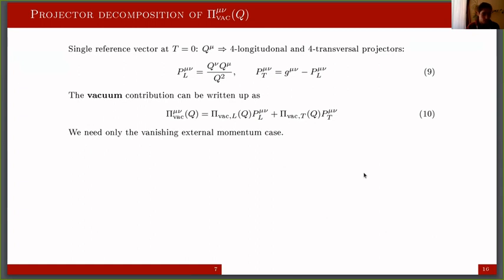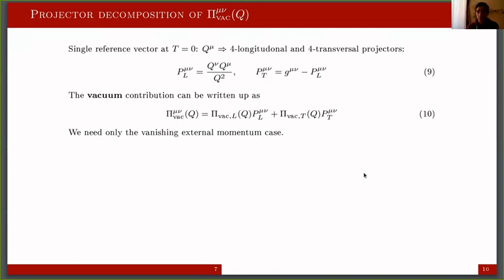Okay, but if we calculate this self-energy, it is a tensor, and it is a question how to handle it, especially for the curvature masses, where we need masses which are scalar quantities. And actually, one can write any tensor in a projector decomposition. In the zero temperature case, we have only one reference vector, the 4-momentum. Thus, we will have two projectors.